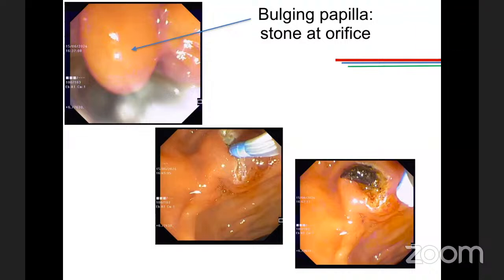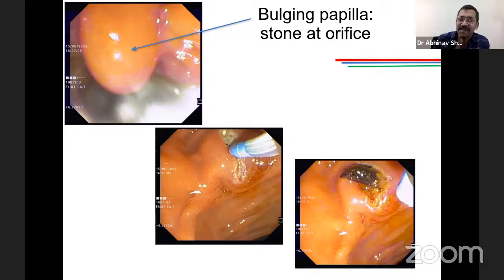That depends on multiple factors, sir. Number one, where the patient is coming from and where the patient will go for lap chole. Suppose he is going outstation, saying I will get my lap chole done in my native place. In that case, we'll always put in a stent. If cystic duct is very wide on endoscopy, and indirectly we can also assess by the number and size of stones, if multiple small stones are filling up the CBD, then probably cystic duct is wide. I would like to put in a stent. But if it is a very small single stone, narrow cystic duct, and lap chole is planned in the same city the very next day, then I would not put in a stent.